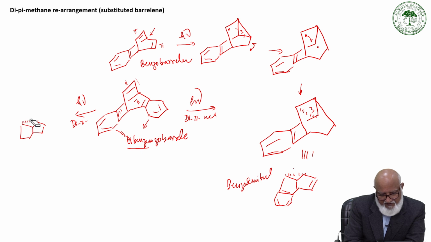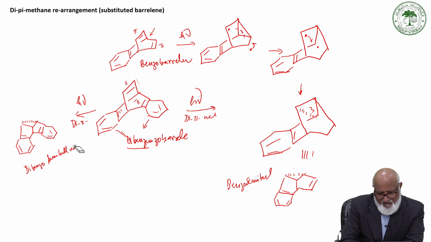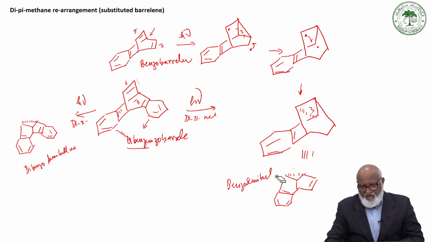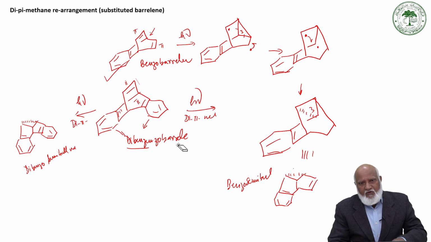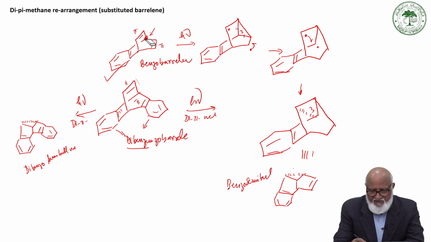Is a 3-membered ring here as a benzobarylene. Now it is dibenzobarylene, dibenzo semibulvarene, and this is benzo semibulvarene. So you can see that this reaction has been exploited. Barylene as a di-pi-methane, benzobarylene as well as dibenzobarylene has been. Now people have also looked into different substituent at bridge head carbon.